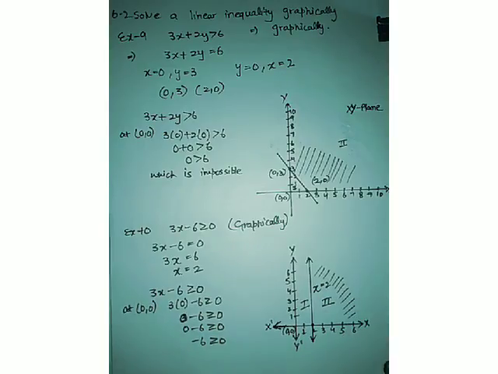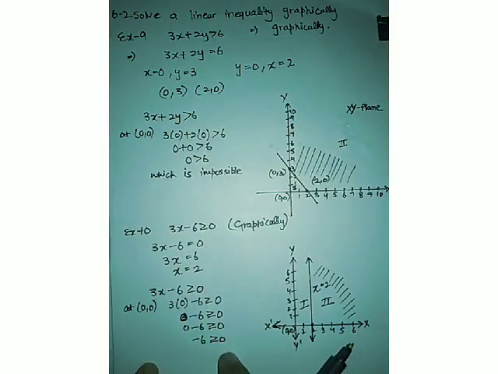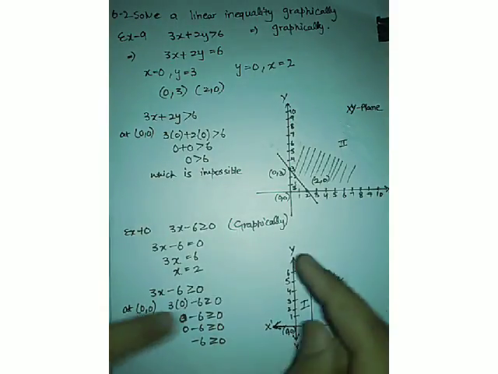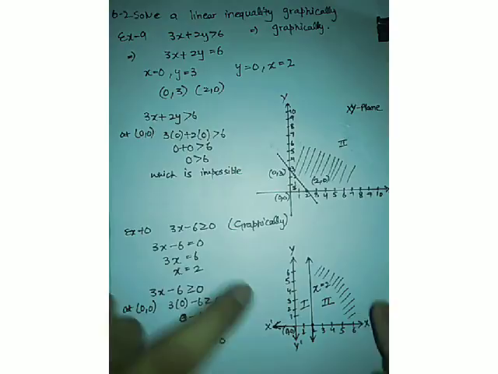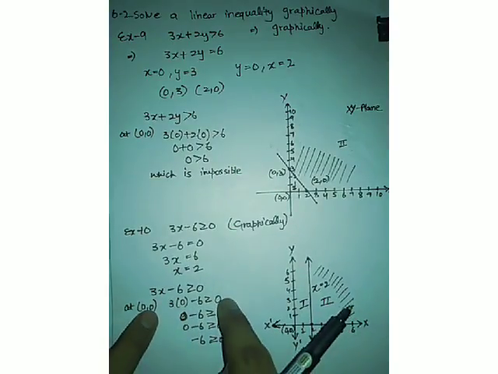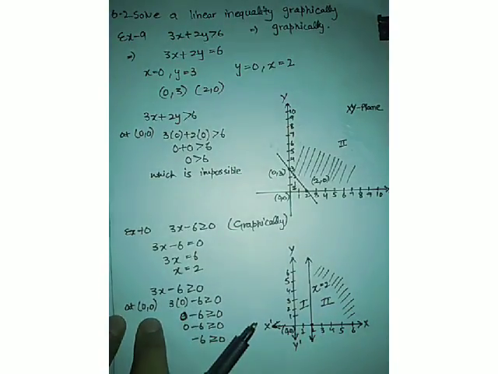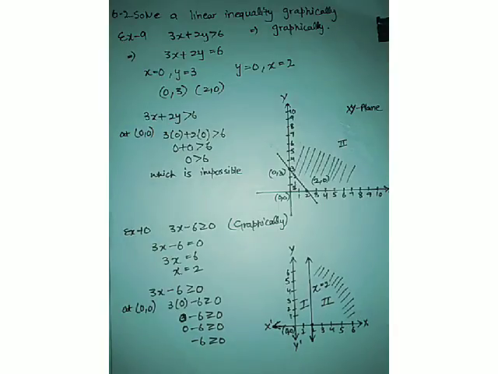Okay, this is how you have to plot the graphs of inequalities. And the second inequality was also easy. The first step is to consider the equality and plot the graph. Then consider the inequality, substitute the point 0, 0, then shade the region. So in this way you can plot the graph of any linear inequality. Clear?